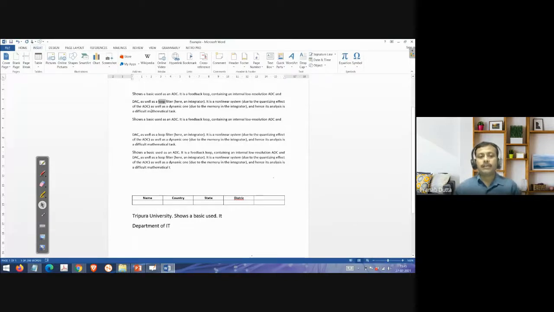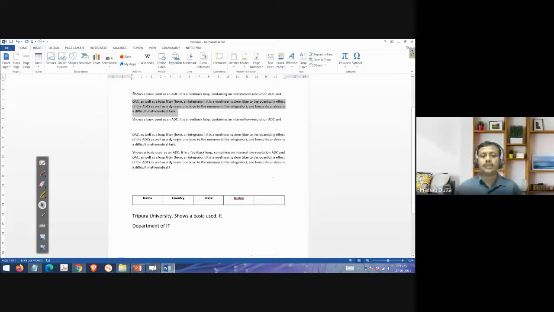Now, this is a paragraph, from DSC to task. Suppose I want to select the whole paragraph. Just triple click it: three times you click the left button of the mouse. One, two, three. See, the whole paragraph is selected. You do not need to move the mouse from one location to another. So by clicking the mouse, we can select it.